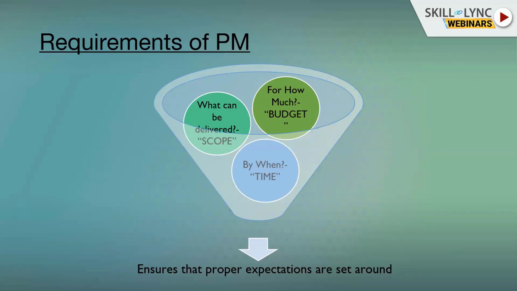The requirement of project management is because we should ensure that proper expectations are set, right? And how are these proper expectations set? These are set through a well-defined scope, through a fixed deadline, and through a predefined budget, right? So there is a requirement of project management because we have to deliver a certain task, a certain scope, right? And for that delivery of scope, it has to be done within a predefined timeline, and that timeline is defined by